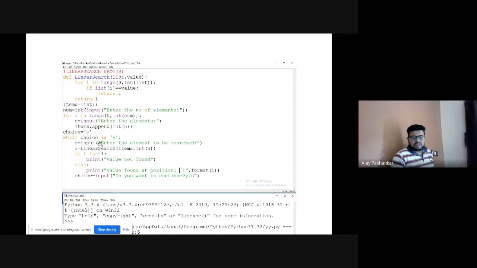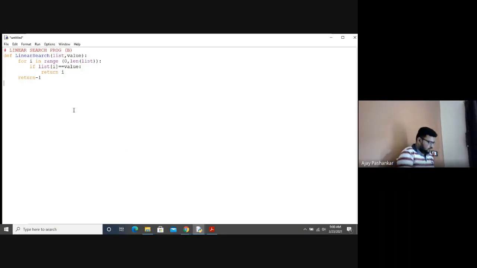So what I want is I don't want to pass those values within that program itself. Instead, the user will insert those values, no issue.